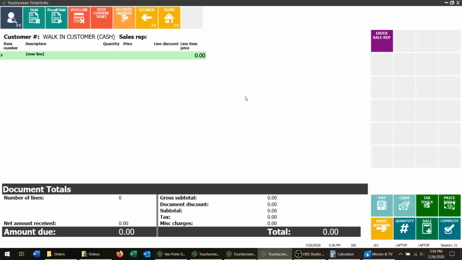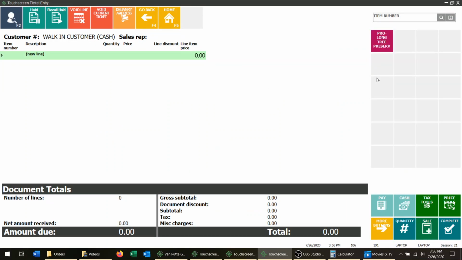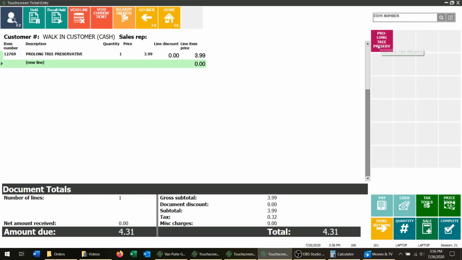And then when this pops open, there you should see there's our Christmas tree button, and it goes forward to our Christmas tree stuff. And if I wanted to add our pre-lit tree preserve, there it is,